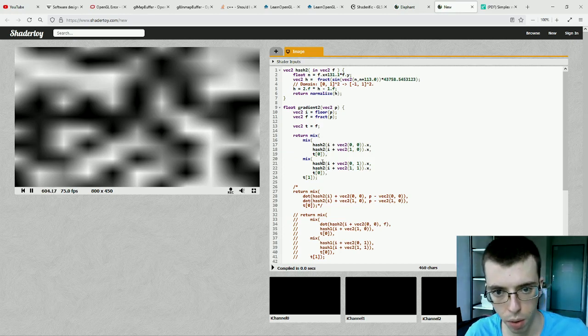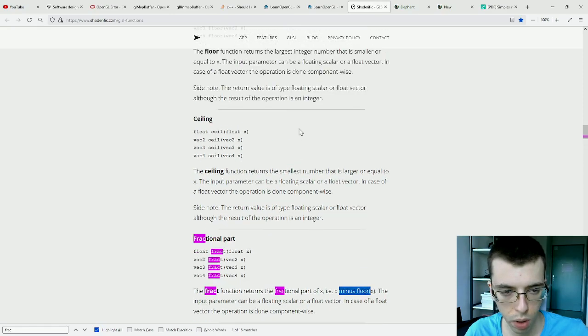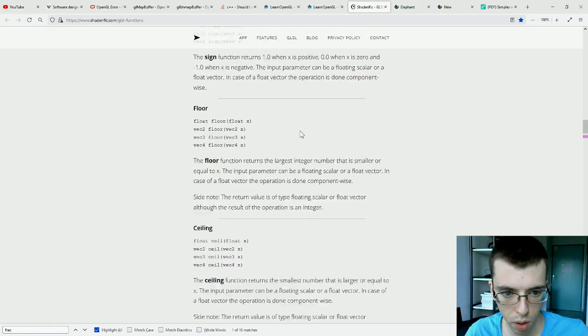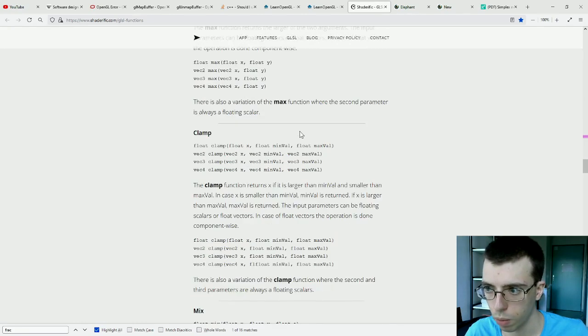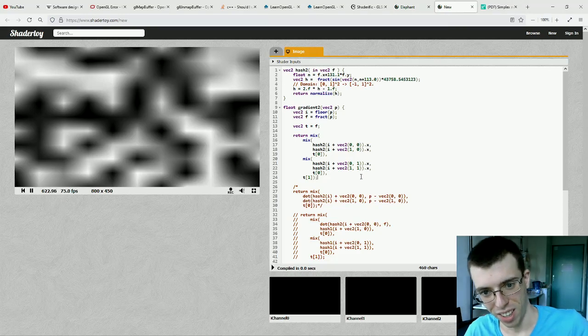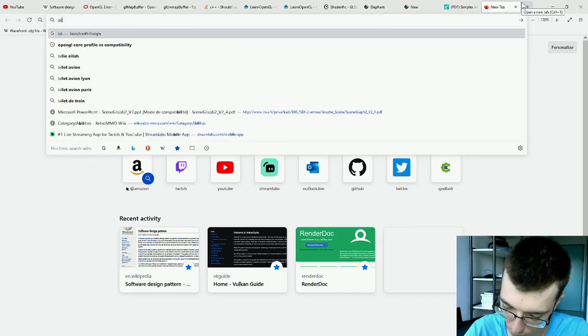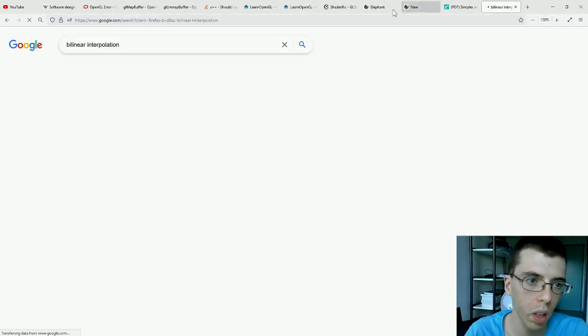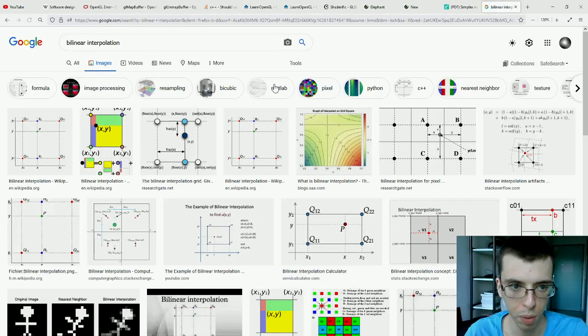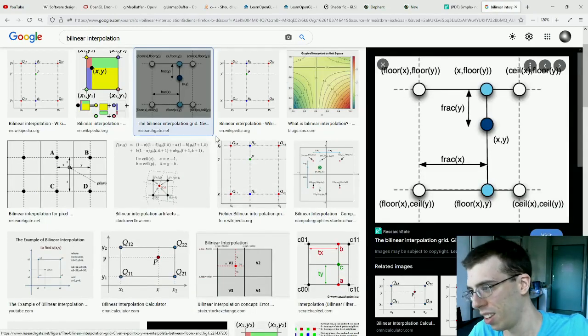How do I explain? Yeah, no problem with it, but I'm not finding the words. Well, I'm pretty sure that you know what bilinear interpolation is, but